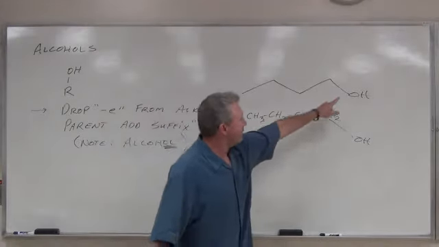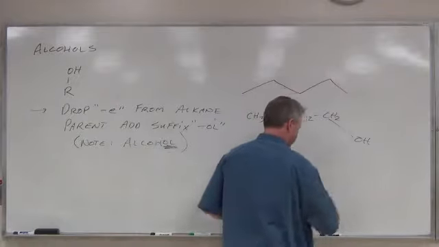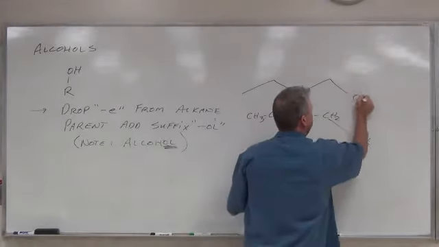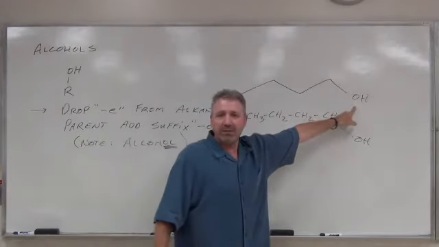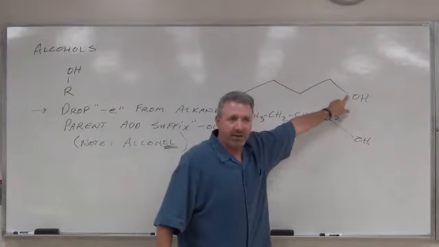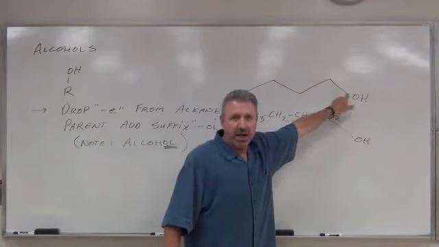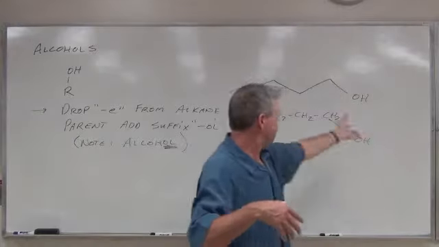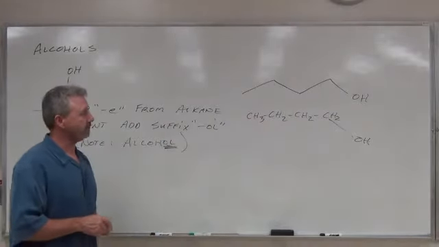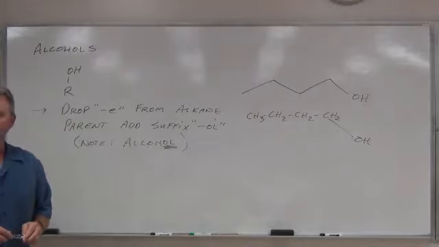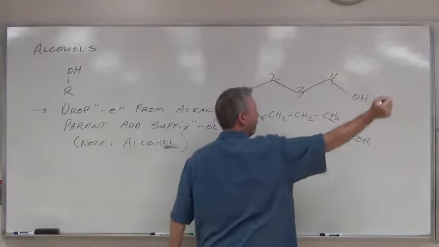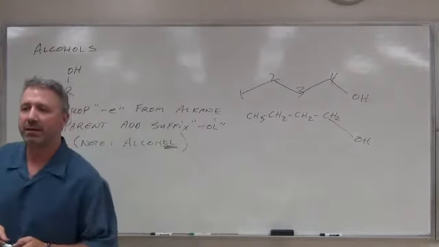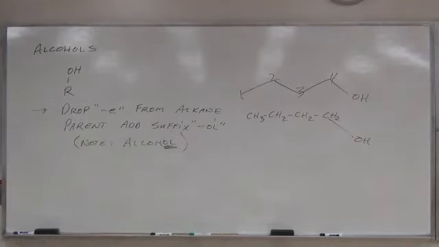Don't count that as a carbon, because when you see it written, the software actually puts a space between it like that. It ends, and then you have the OH. Don't put a carbon there. That doesn't mean there's an extra carbon there, okay? I know it's deceiving, but once you become familiar with it, you're good. Everybody see that? You simply count it. 1, 2, 3, 4. No, there's no carbon there. 4 carbon, butane, OH group on carbon 1, 1-butanol.